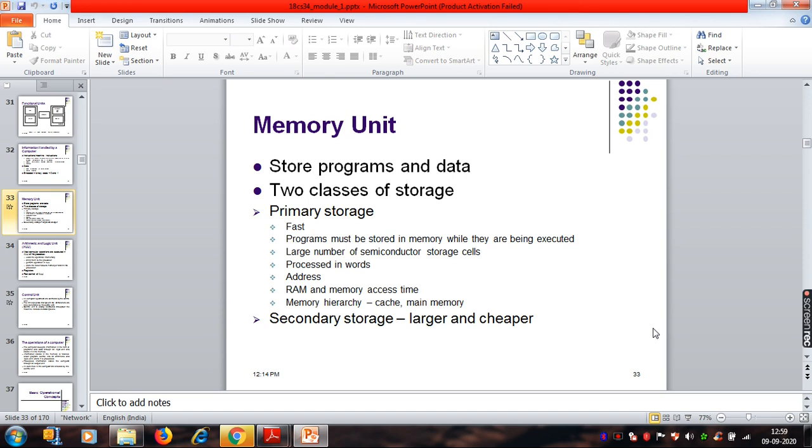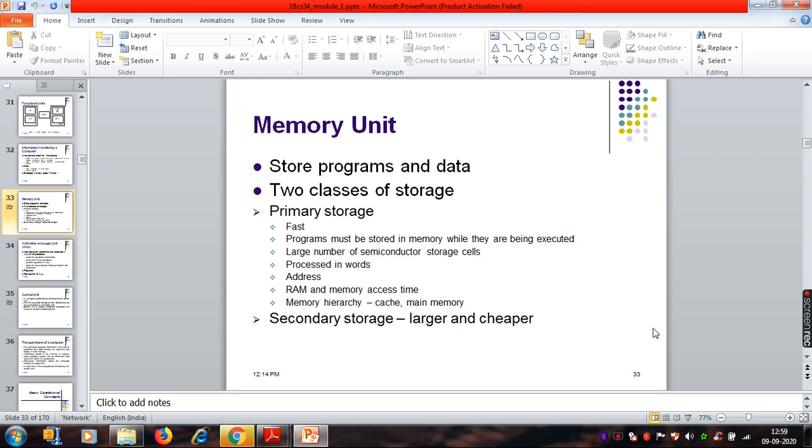And secondary storage is nothing but a disk or something like that, where you store the information permanently. Okay, this is not directly connected to the processor. That's the basic difference. See, primary storage is very, very close to the processor, so whenever the processor wants data, it has to take it from primary memory.